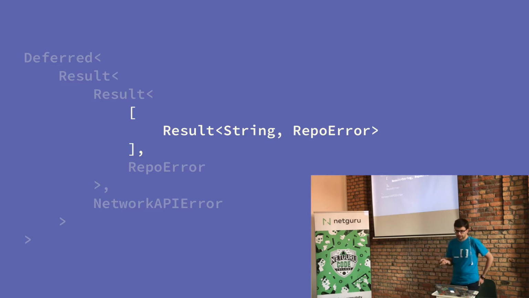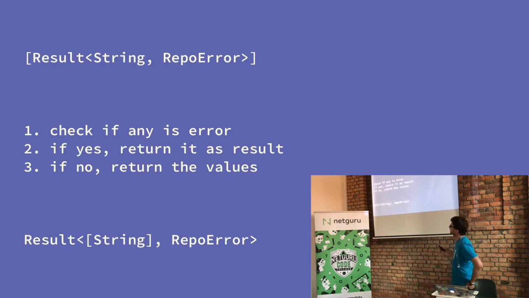So you can just simplify that and think that if there's any error in this array, we'll just treat the whole array as error, okay? So check if there's any error. If there is, it goes here, and if it's not, strings go here. And now we have just transformed the array. It's no longer on the outside, it's on the inside. We've lost some information on the step.